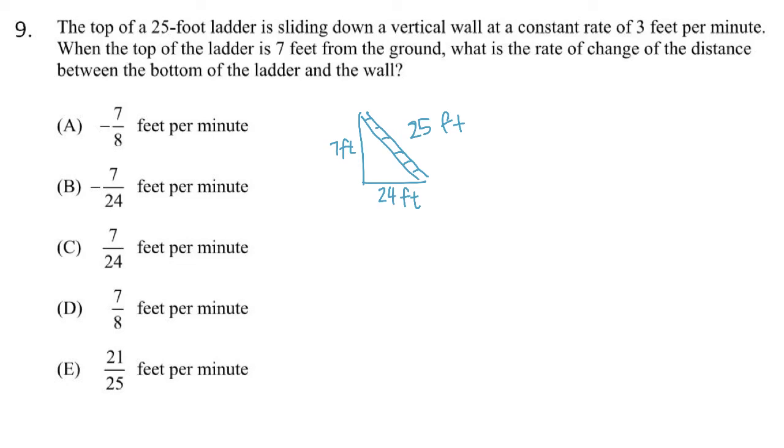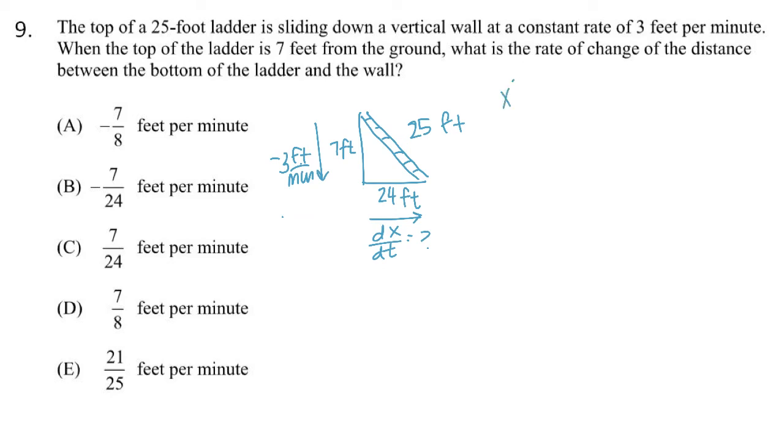So let's see. The ladder is sliding down the wall at 3 feet per second. So that's going to be -3, or not feet per second, feet per minute. So here, -3 feet per minute. And I want to know, well, what is the rate of change of the ladder moving out? So dx dt is what we're looking for. So we can set up our